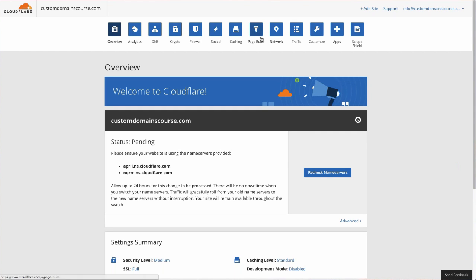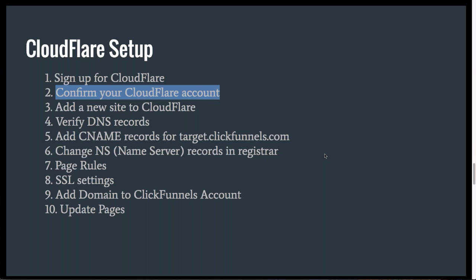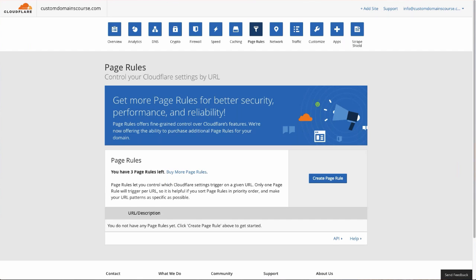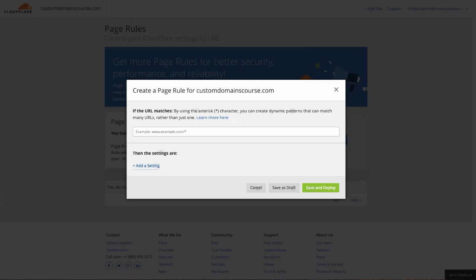While I'm waiting for this to update, I'm going to go here to Page Rules. I'm going to go back here to show you where I'm at. So I added a new site, verified the DNS records, added the CNAME records, changed the NS records. Now I'm at page rules here. Okay? So click on page rules, click create page rule, and I'm going to type